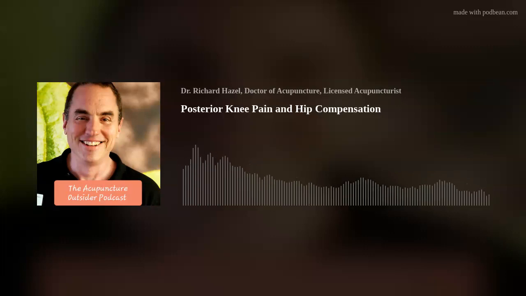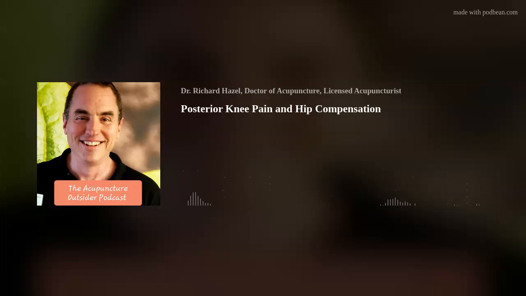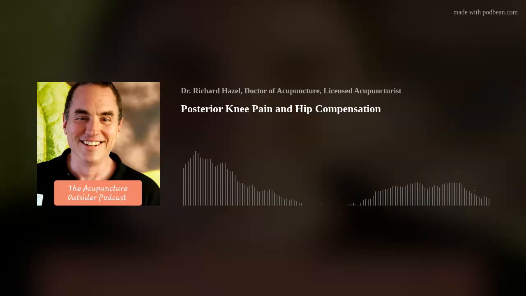The popliteus runs at an angle. The upper part is attached to the outer part of the femur, and then the lower part is attached to the inner part of the tibia. And that's how it's going to internally rotate the tibia. So the needle goes very medially, what should I say, laterally? It goes lateral to the medial tendons of the hamstring.